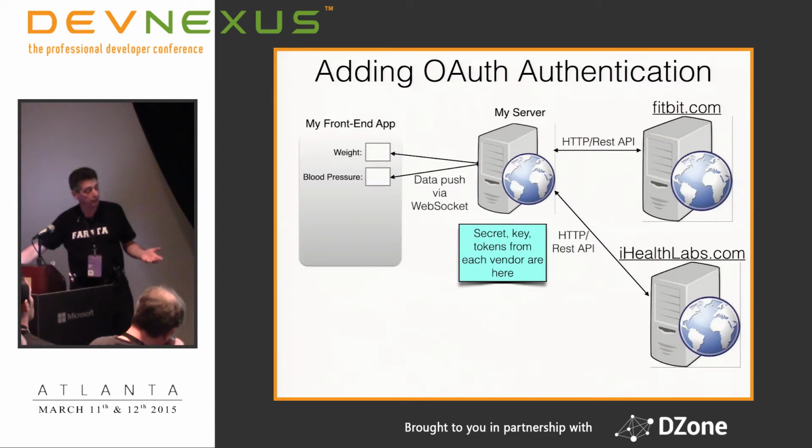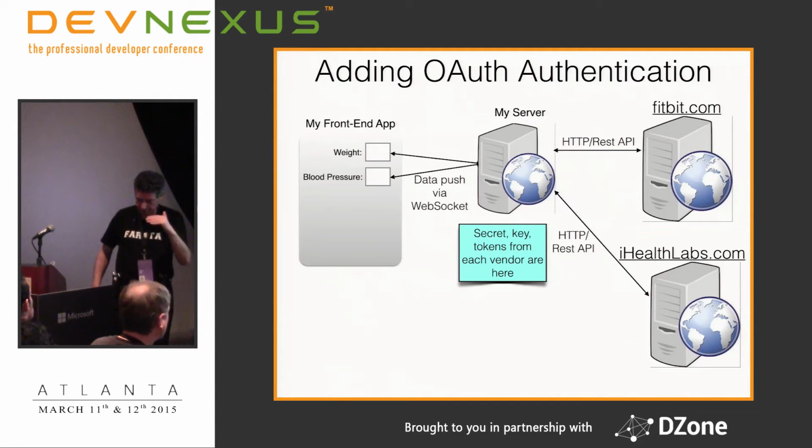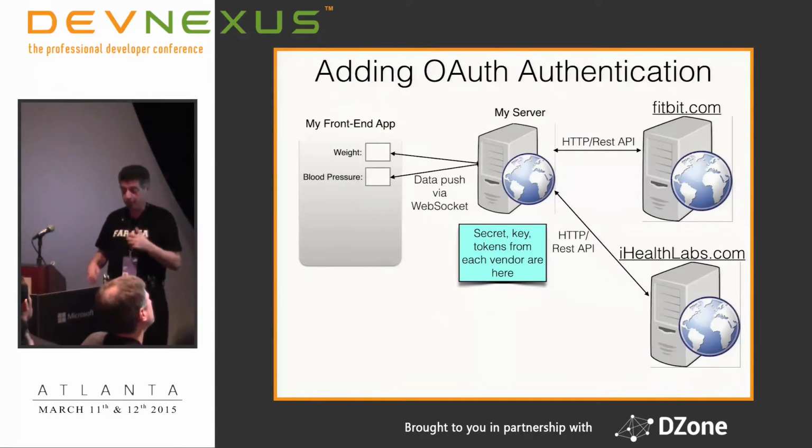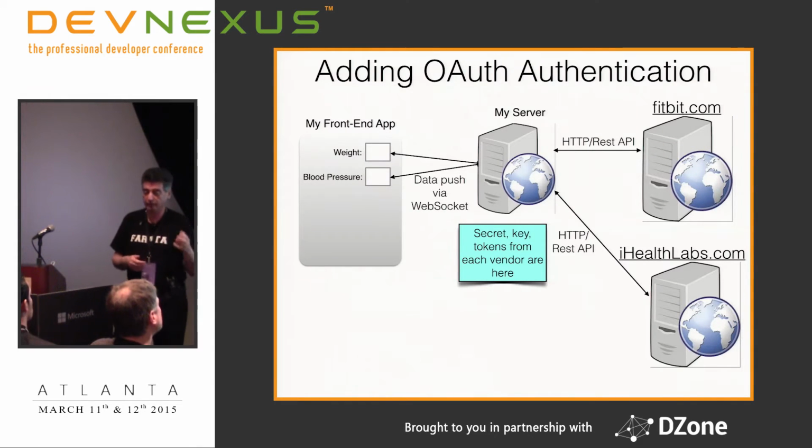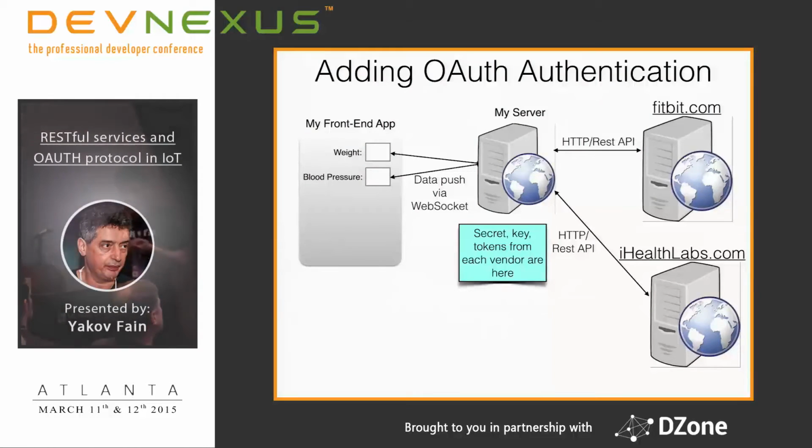Now, how the whole thing works. I'll go through the OAuth protocol in steps, but to start something with a vendor, you need to register with the vendor. Like in our case, we went to this iHealth Lab site and we said, we want to write an application. What do we need to do for that? And again, it's a typical situation. You need to register your application. We are writing this medical insurance application and we want to apply for an ID for the application.